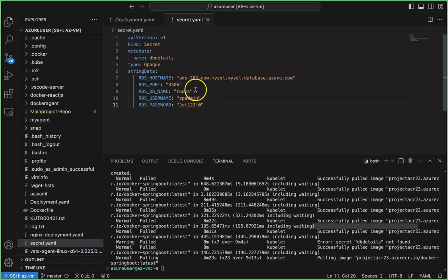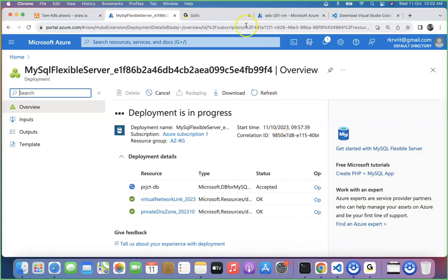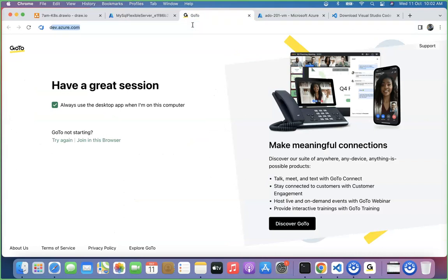Now another interesting thing, you should understand this logic. RDS database name: how do you know the database name is to-dos? Username and password you know because you provisioned them. Port you know because that is the default port it will listen on. But which database you should configure, how do you know? To understand the database to be configured, you should get knowledge of the application you are deploying. If you recall our Spring Boot application, the one we did in one project,